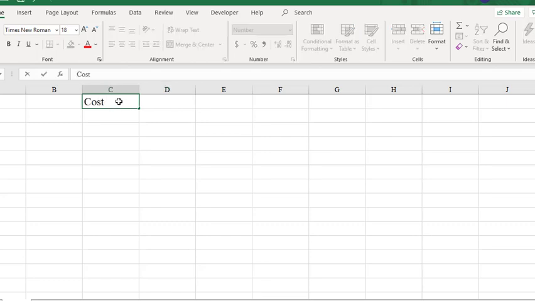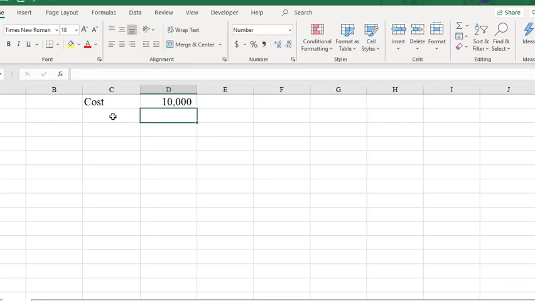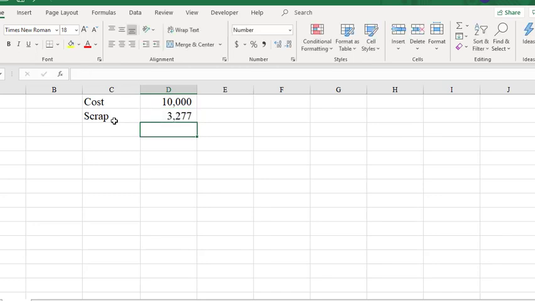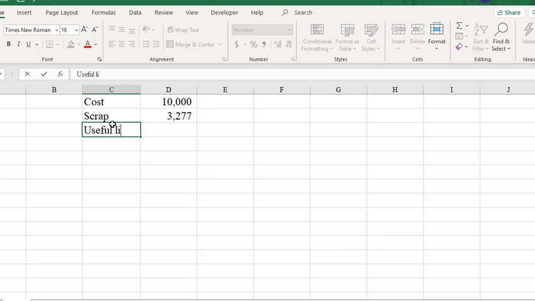So cost of the asset is 10,000 and the scrap value is 3,277 and the useful life is 5 years